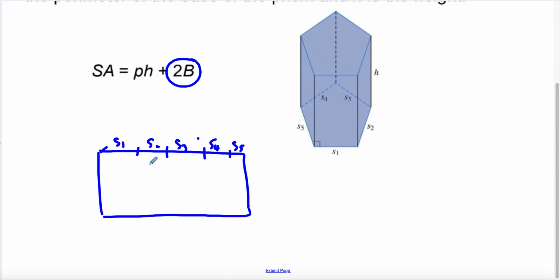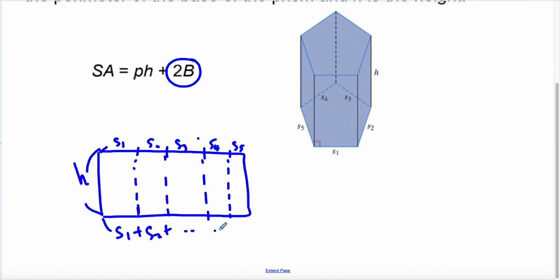The length again does not matter, but we know that there will be rectangular shapes for the lateral surface all around, right? And it can be one whole piece of rectangular shape, in which we know that the height is h. And how about the length of this rectangle? You can just add up all of these lengths around it, right? So we know that it will be S1 plus S2 plus S3 plus S4 plus S5 if you have 5